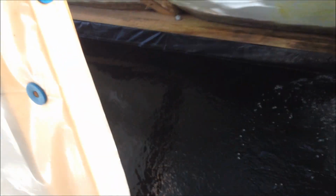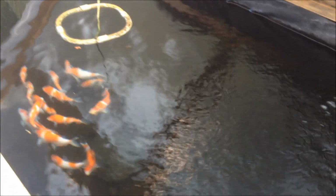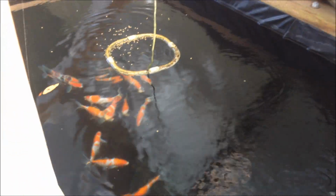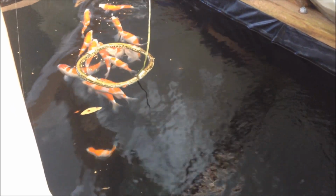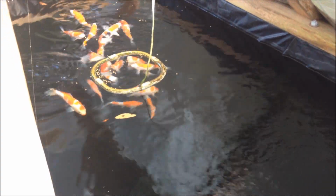Go ahead and toss some food here. I just fed them about 30 minutes ago, so they're not quite as aggressive as they would normally be, but